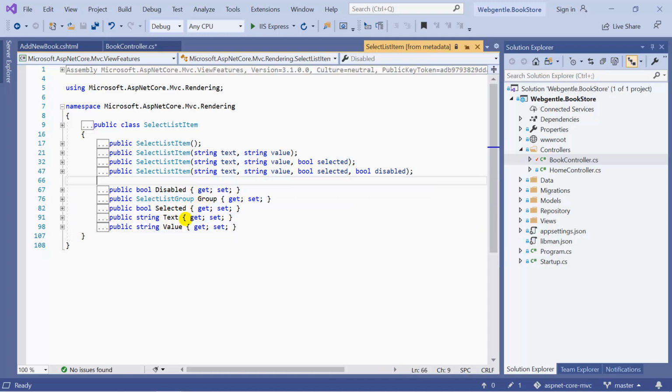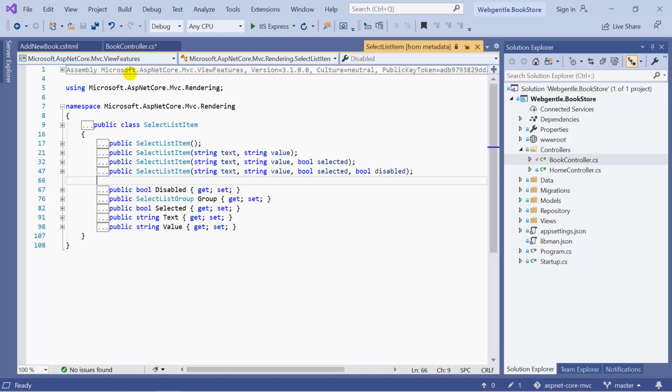And if you have noticed over here, this select list item will work only for one single object. For example, we are working on the language dropdown, and right now in the language dropdown we have 5 languages. So this select list item will represent one language at a time. So it means if we are using 5, then we need to create 5 objects of this select list item. And in a real world application, we get data dynamically from some other place. So it means there might be n number of records in your dropdown. To resolve this problem, over here we will be using a list of select list item.